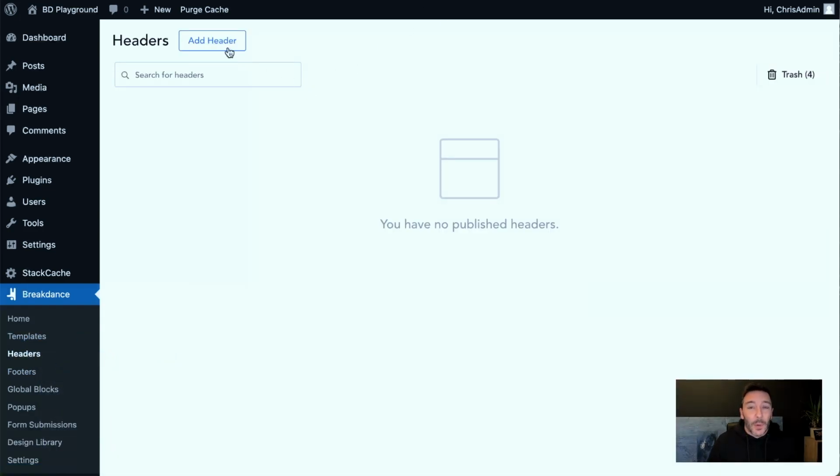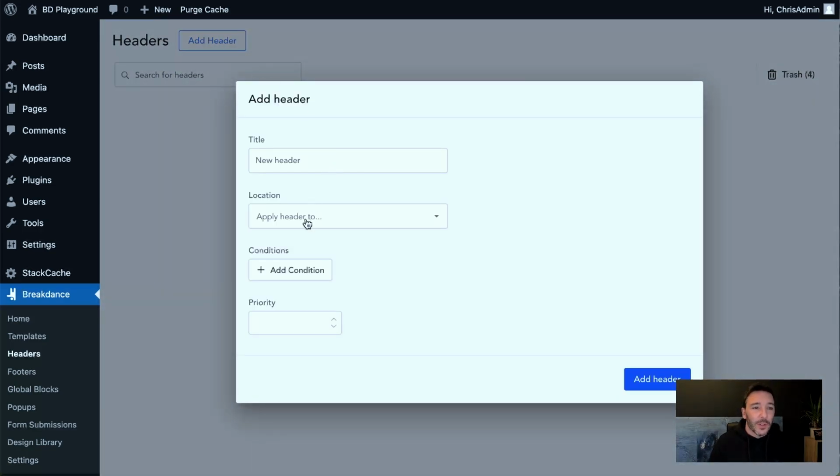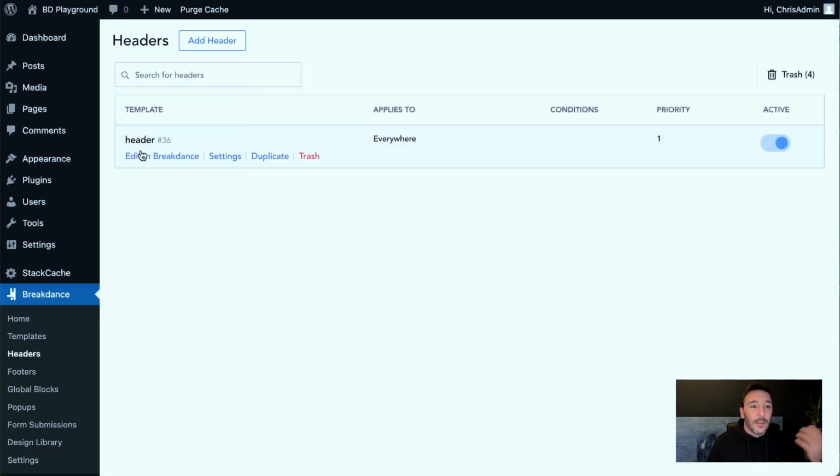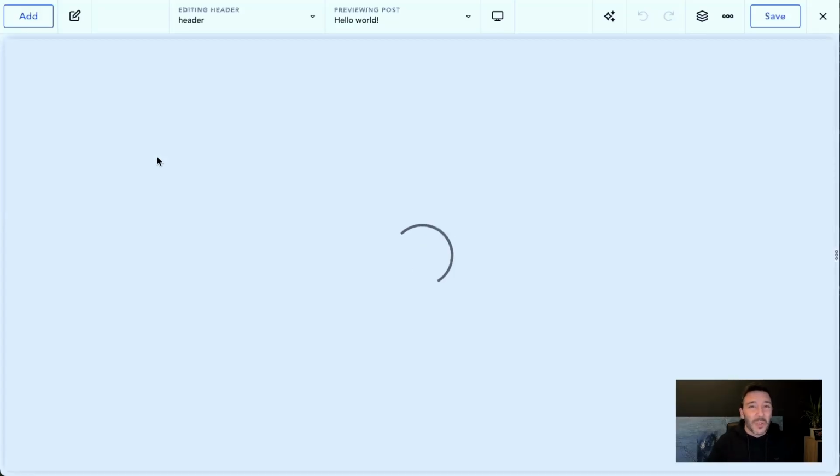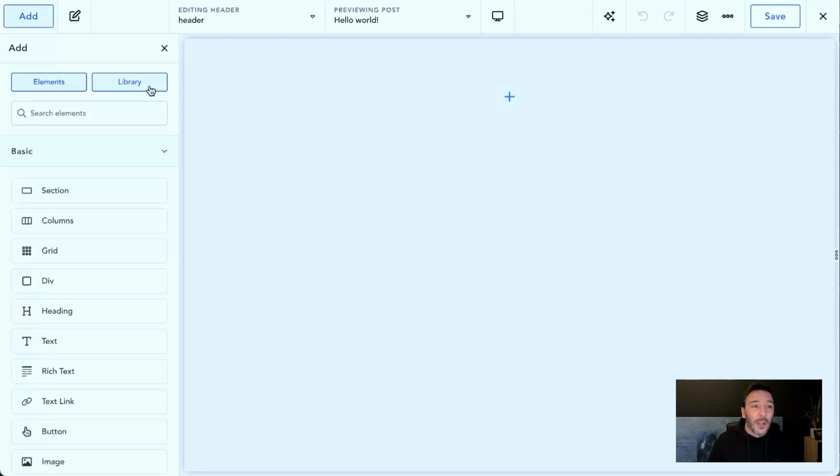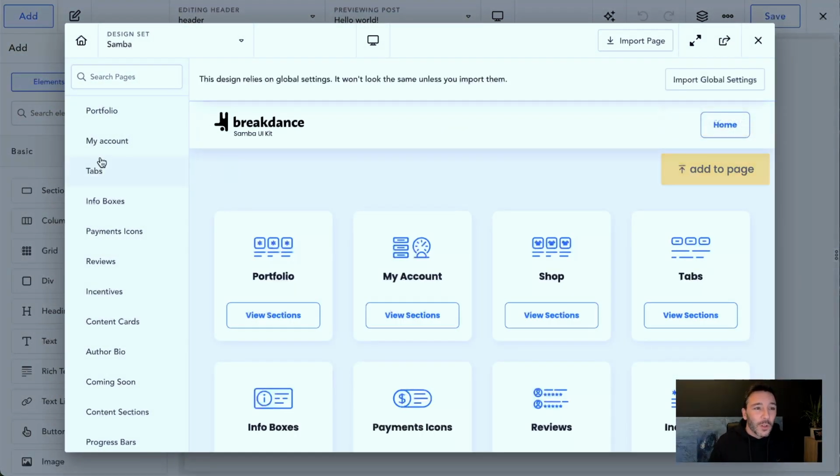So for example, in local business design, a header should have a pretty standard design to it in terms of its functionality. What I mean by that is logo on the top left, maybe in the middle, but usually logo in the top left, menu in the middle, and probably a call to action button on the top right. Now, we can build this out in Breakdance very quickly, but we could also actually pop along and look for headers